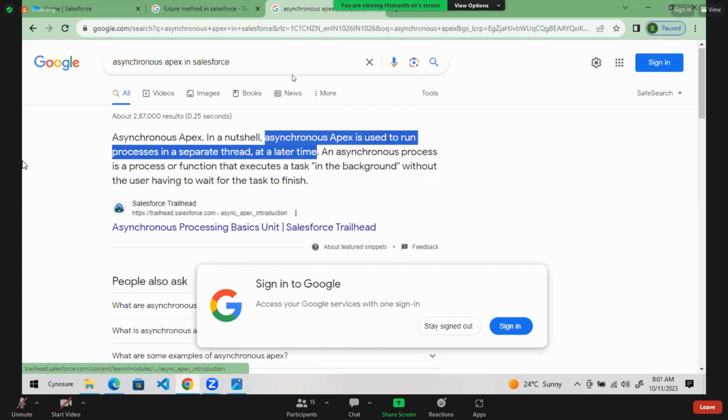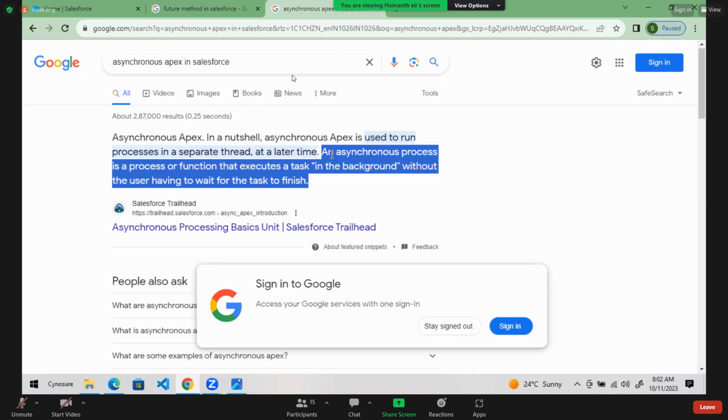Asynchronous Apex is used to run the processes in a separate thread at a later time. Okay, asynchronous Apex definition, write down these 2 points. And then after that, write down the second point. An asynchronous process is a process that executes a task in the background without the user having to wait for the